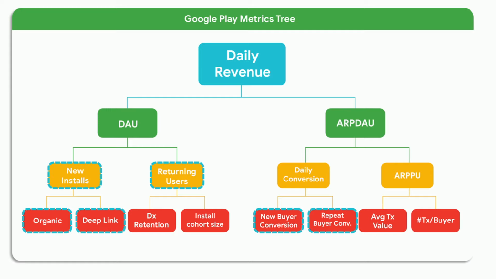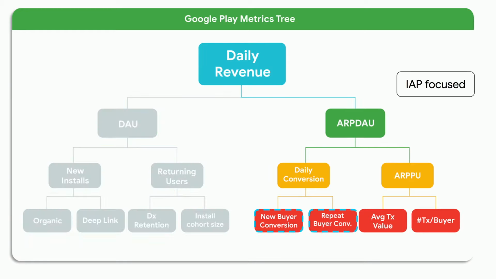Now, every metric has a parent, and if two metrics have the same parent, you're going to multiply them together in order to get the parent value. So for example, daily active users multiplied by average revenue per daily active user gives you your daily revenue. There's only one exception to this rule, and that's when the metric has a dotted line around it. In that case, you're going to sum instead of multiply. So for example, daily active users equates to the sum of new installs and returning users in your app or